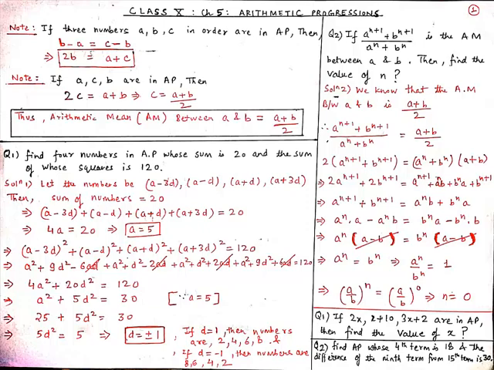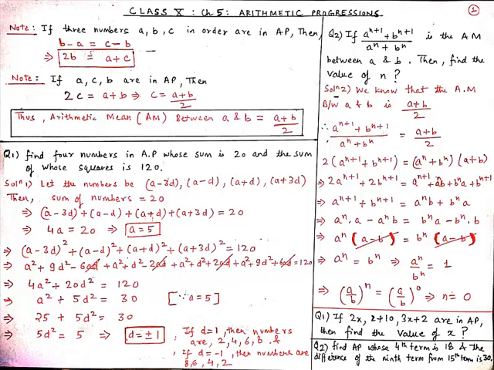So from here, when we multiply 2 in LHS, we get 2 into a to the power n plus 1 and then plus 2 into b to the power n plus 1. And now in RHS, when we multiply a to the power n into a, so by law of indices, when base is same, then power will add. Therefore, we get a to the power n plus 1. And then we will multiply a to the power n into b, which is equal to a to the power n b. And then plus b to the power n into a. And then plus b to the power n into b. So from here, we get b to the power n plus 1.